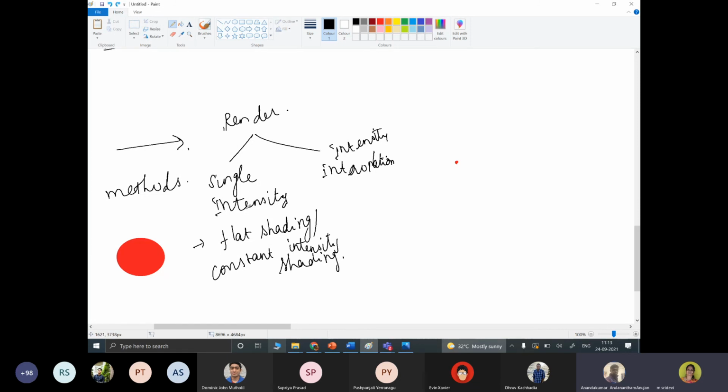In the case of the single intensity method, let us consider the object is a polyhedron. It's a 3D object. All the light sources illuminating the object are sufficiently far from the surface, and the viewing position is sufficiently far from the surface.